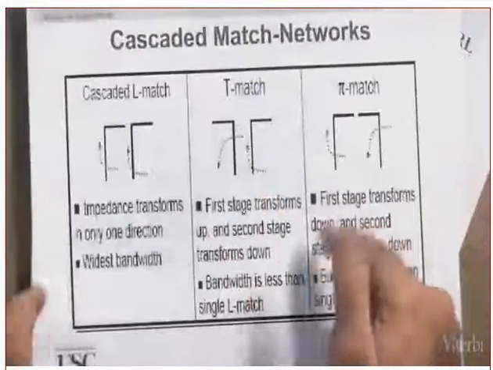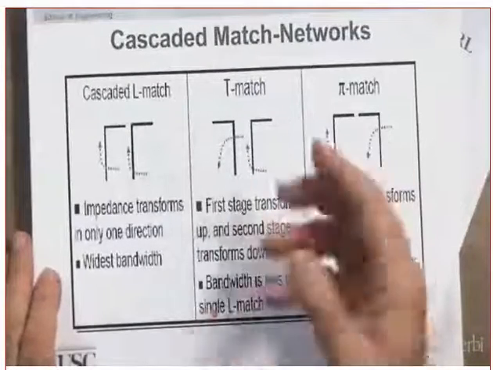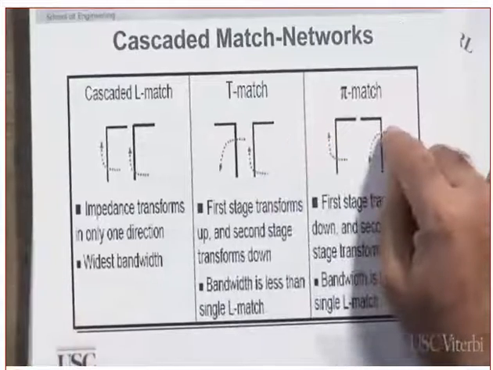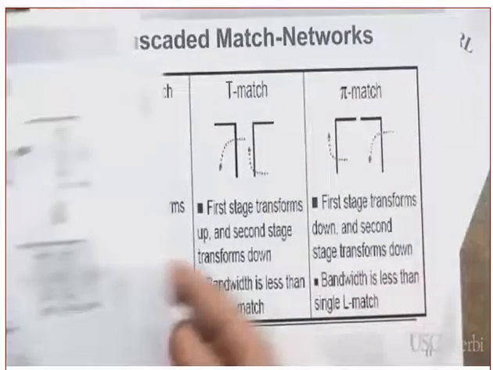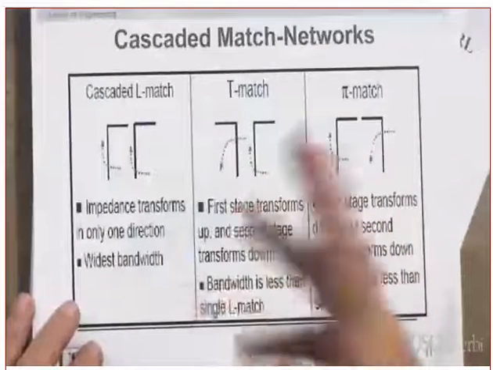One possible solution is to cascade multiple L matches or create what is known as the T match or the pi match. Why? Because in the single L you don't have any degrees of freedom. In here you will have a degree of freedom. You could choose the intermediate